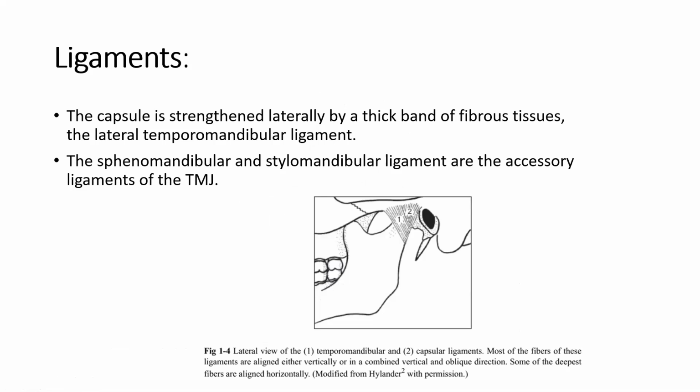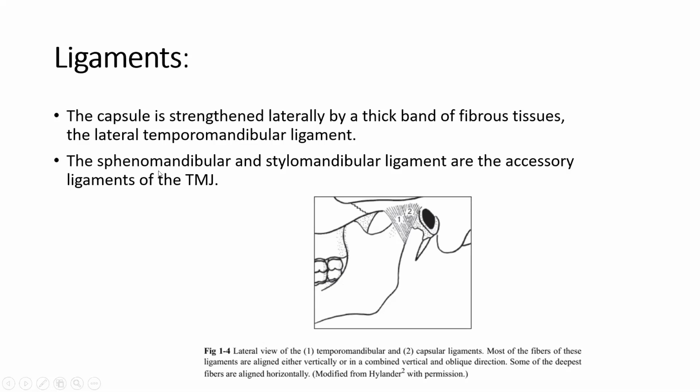So going to the other soft tissue component, that is the ligaments. Generally, it has three types of ligament. The first one is the lateral temporomandibular ligament. This is the capsule of the temporomandibular joint, and it is strengthened by the lateral temporomandibular ligament. The other two accessory ligaments are the sphenomandibular ligament